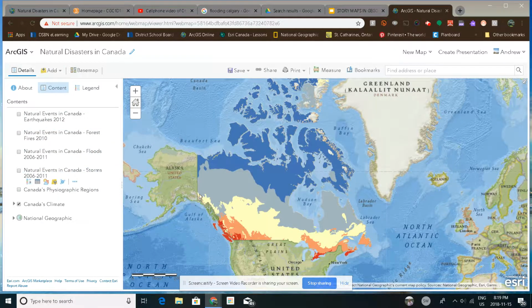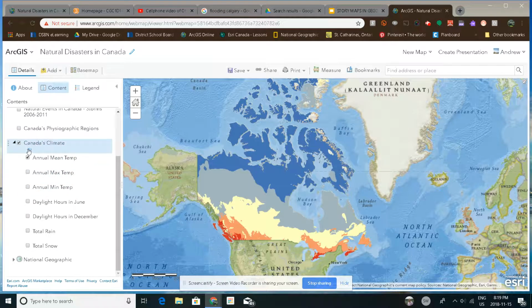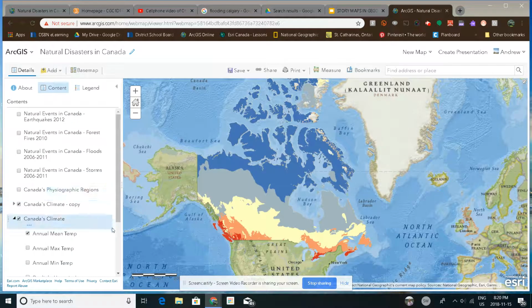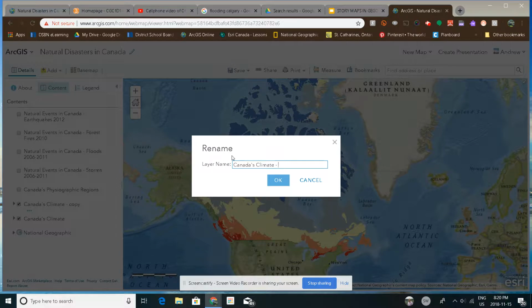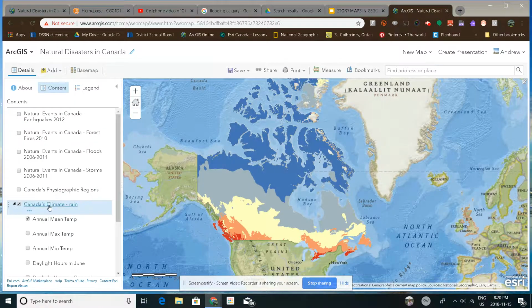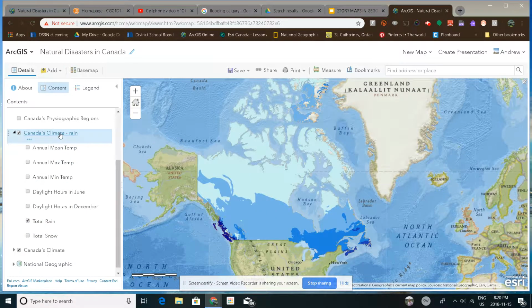It's a bit of a funny layer. The climate layer is pretty neat. I would suggest to make a copy of it, and what I do is I make the copy, just going to rename this a precipitation or a rain layer. So now when I click on it, I can turn off the temperature and turn on the rain, and suddenly